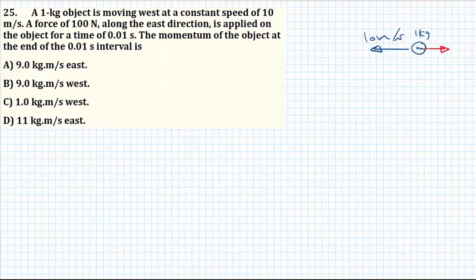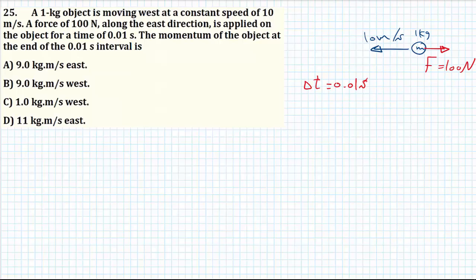There is a force that acts on this object to the east, which is 100 Newton. It is applied on the object for a time of 0.01 seconds. So the time here is 0.01 second. The momentum of the object at the end of the 0.01 second is, and here we need to